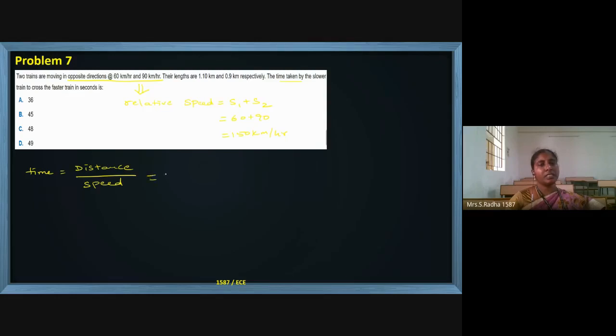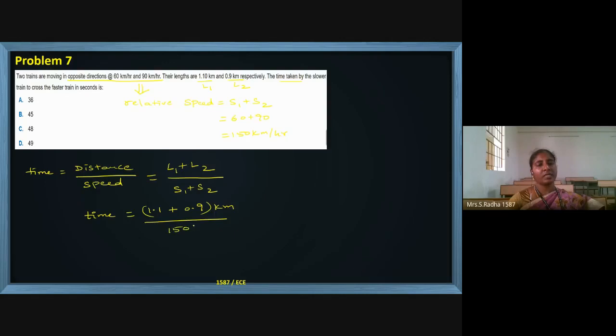The distance is the length of the two trains, first train length L1 plus second train length L2, divided by relative speed, which is S1 plus S2. So the time is the length 1.1 kilometers plus 0.9 kilometers, divided by